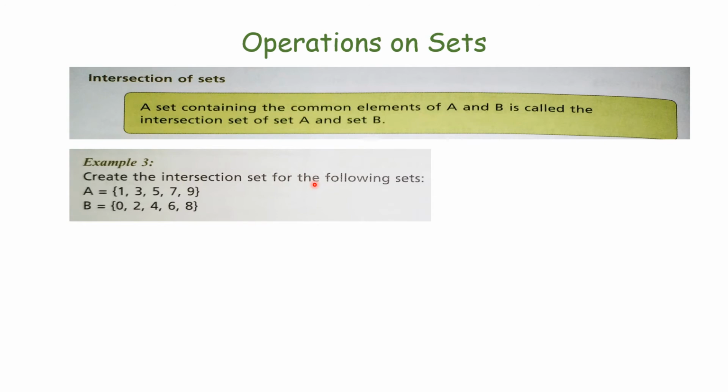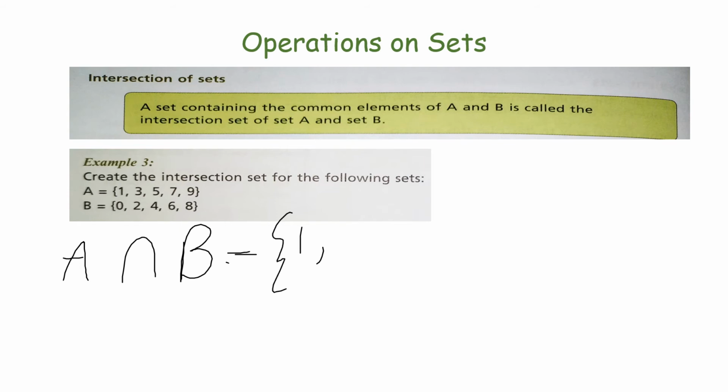Now what is intersection of sets? Intersection means that you have to write only the common elements of both sets. In union we write all the elements, but in intersection we write only common elements. Common elements mean those present in both sets. A set containing the common elements of A and B is called the intersection set of A and B. Now consider this example. We have to find the intersection of A and B. So we will write A intersection B. This is how we write intersection. Union is written as capital U and intersection is written as this, when you invert the U.